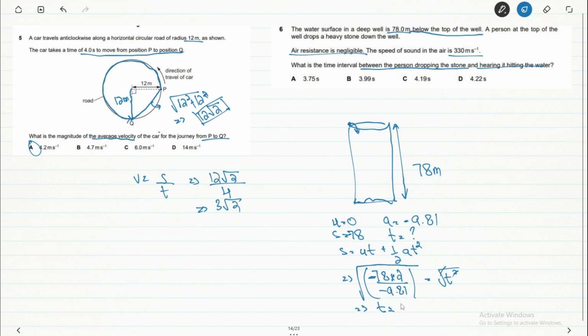So this time is 3.988. This is the time 1. Now, this is not our time because another thing that is happening after this is the sound reaching the top. So just apply the speed formula. Speed is equal to distance over time. So time is equal to distance, which is 78, over speed, which is 330. So this time becomes